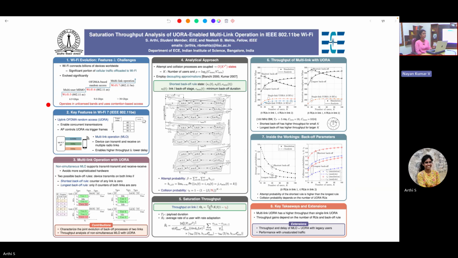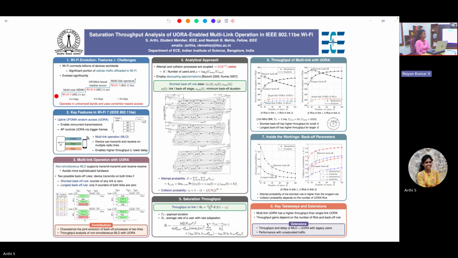And this figure shows the recent Wi-Fi evolution in the past decade. Starting from Wi-Fi 5, 6, and 7, we can see the peak data rate of Wi-Fi has improved from 6.9 Gbps to more than 30 Gbps. And a lot of new features have been introduced in each standard. The key features introduced in each standard are mentioned here, which are multi-user MIMO, OFDMA-based random access, and multi-link